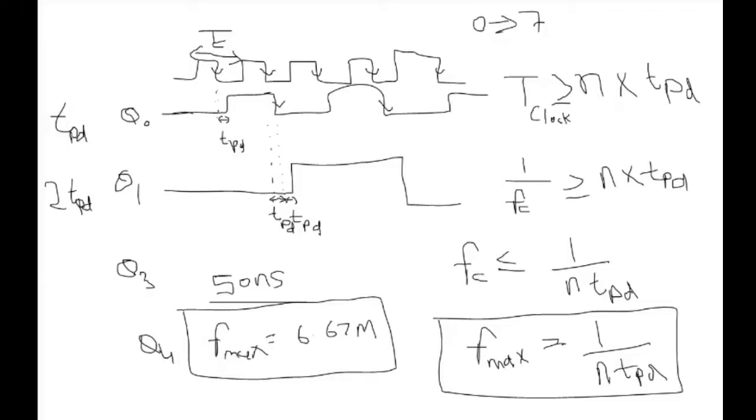You cannot go beyond this. It could be less than this. If your clock frequency is less than this, then switching will be slower. So this is a limitation in ripple counters, that you cannot apply an input frequency greater than some predefined value. Because once you design a circuit, your TPD will be fixed and the number of stages will be fixed. So that will fix the maximum frequency that you can apply over the circuit.